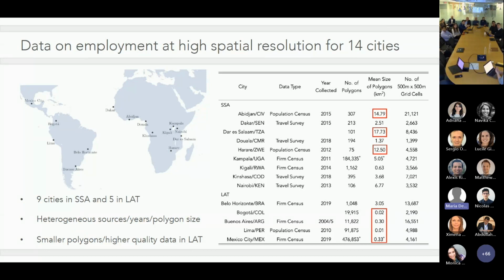And very importantly, these data sets have different polygon sizes. So in some cities, for example, in Latin America, where there's on average better data quality, we have much more high resolution data, right? So we have quite small polygons. And so you can see some of the polygons are much smaller than a kilometer squared. Whereas in many of the sub-Saharan African cities, the polygons are much larger, reflecting a lower potential data quality, but a much more aggregate data quality. So this is just the reality of the situation when it comes to the training data sets. And these are things that are important to keep in mind as we move through the analysis, because they will explain some of the heterogeneity in our results.